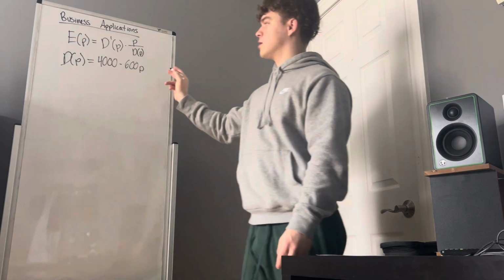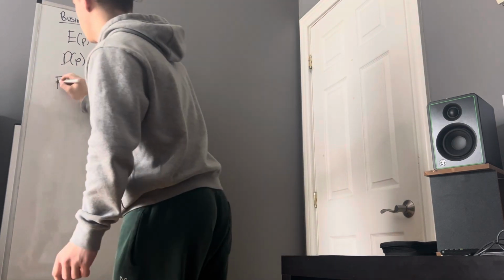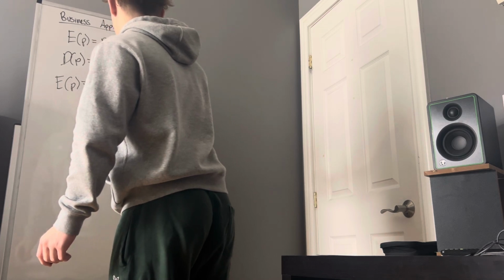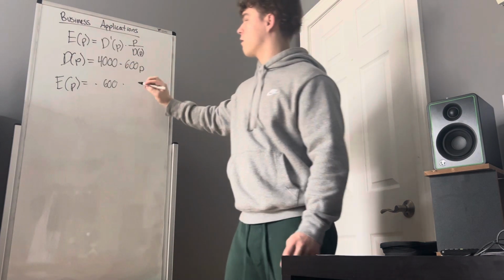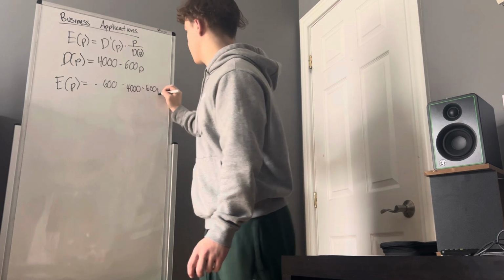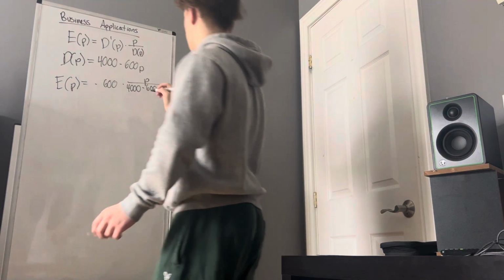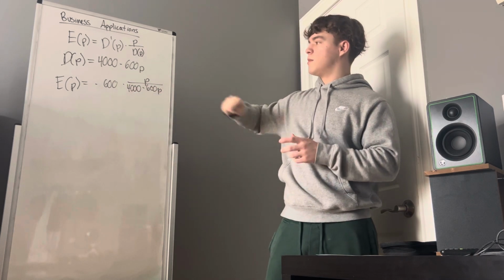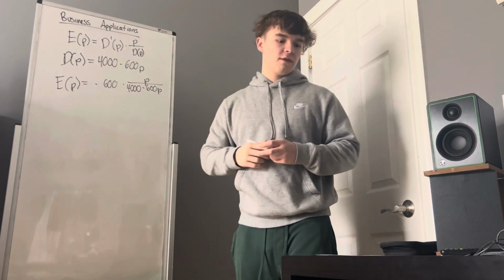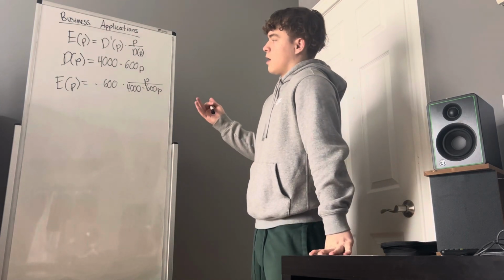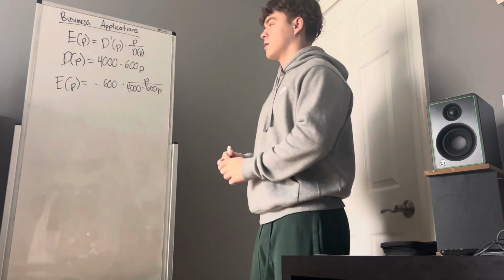Well, D prime of p is just negative 600, so our E of p is negative 600 times p over 4,000 minus 600p. Right? D prime of p, D of p, p. So let's figure out, at a price of 6, is it elastic or inelastic? Well, E of 6